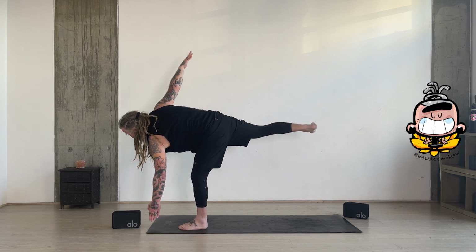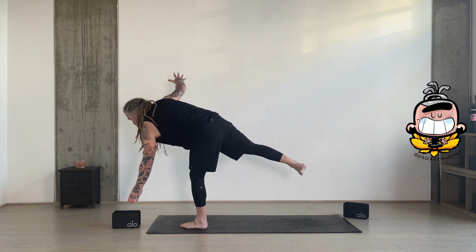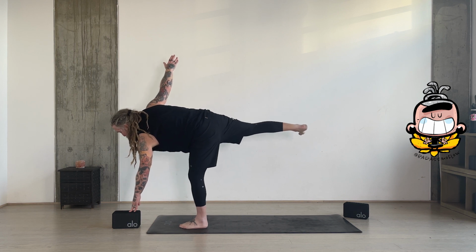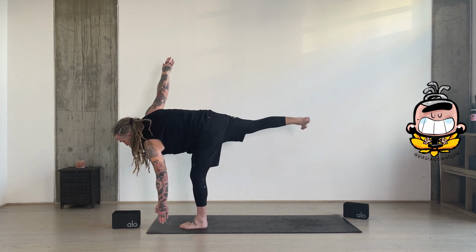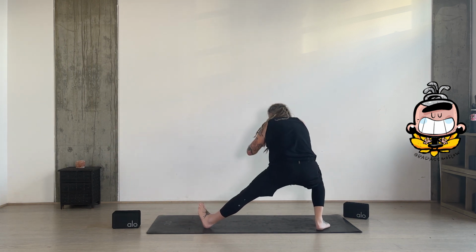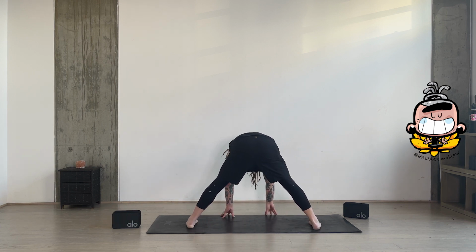And then we're gonna float back. Archer, pull that bow back. Let it go. Find the wobbles. I told you this is some of my weak stuff. I'm aiming for the weaknesses, not my strengths. I'm gonna come on up and float back. One more skandasana. And then a nice